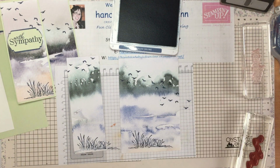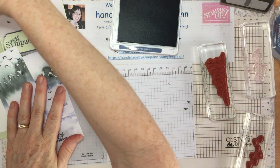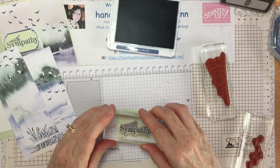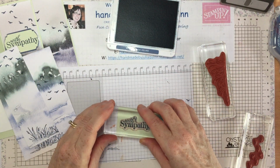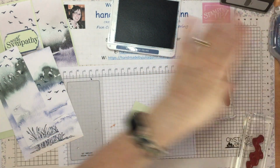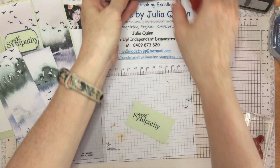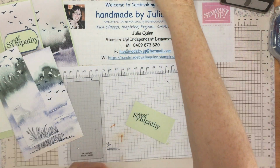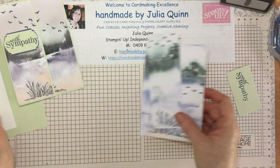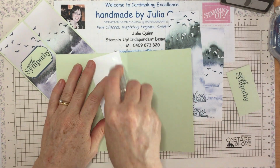Okay, and while I've got my ink out, I will also stamp my "with sympathy" for the front of my card. Okay, with sympathy, there we are. And that's the end of my stamping with Misty Moonlight, which is a colour for almost all of those events. Okay, let's pop this one in the middle